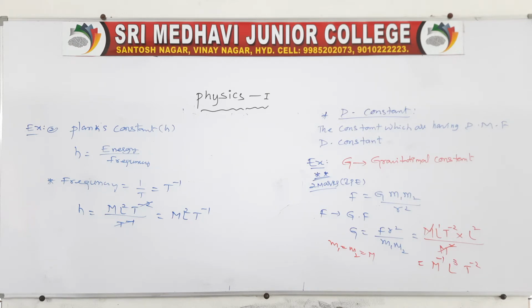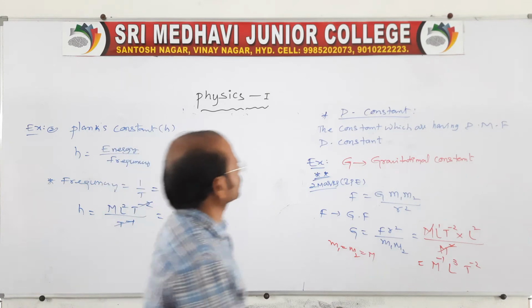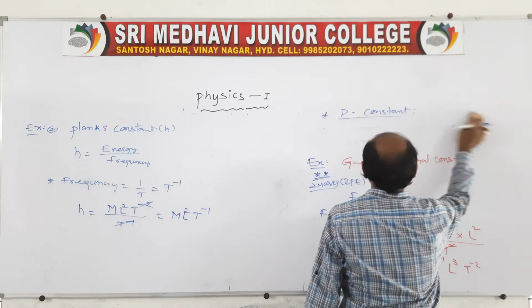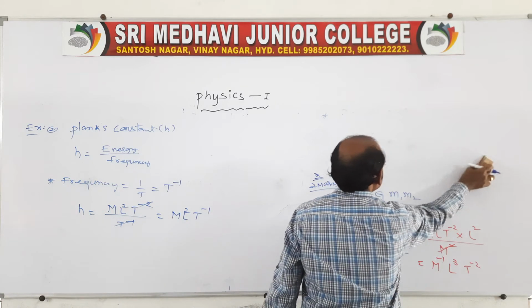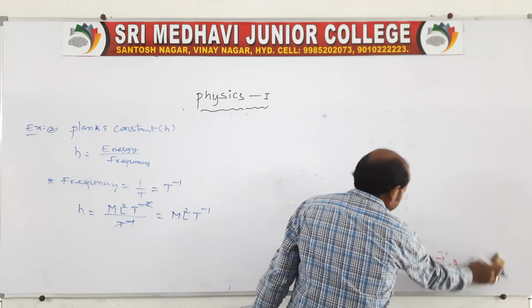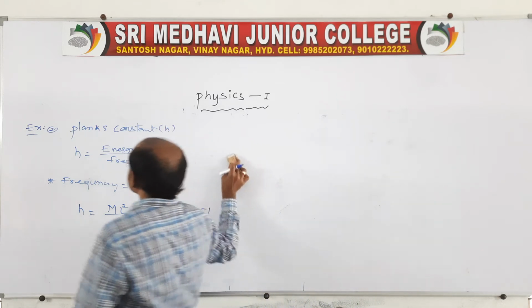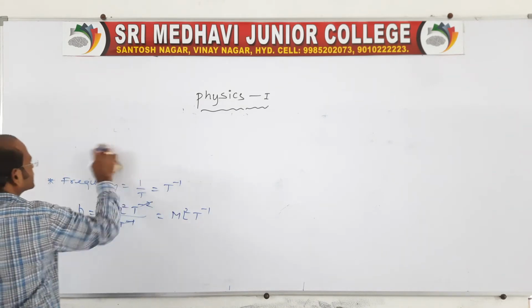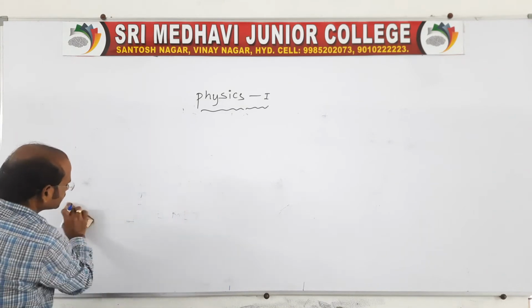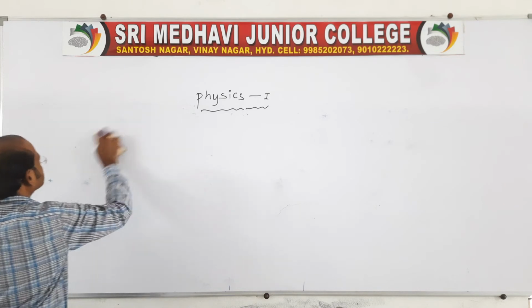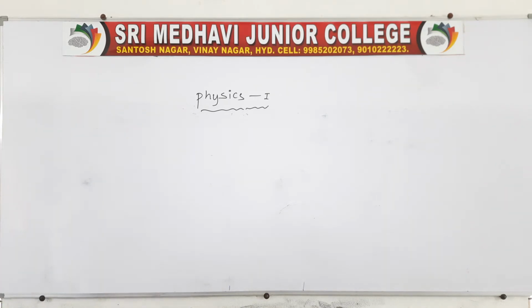Okay, see, like this we have a number of dimensional formulas. So these are the examples related to dimensional constant. Like here, you go through the material, in that material we have a number of dimensional formulas. Suppose you refer to the material or the Telugu Academy textbook, in that there are a number of dimensional formulas. Okay, this is about dimensional constant.